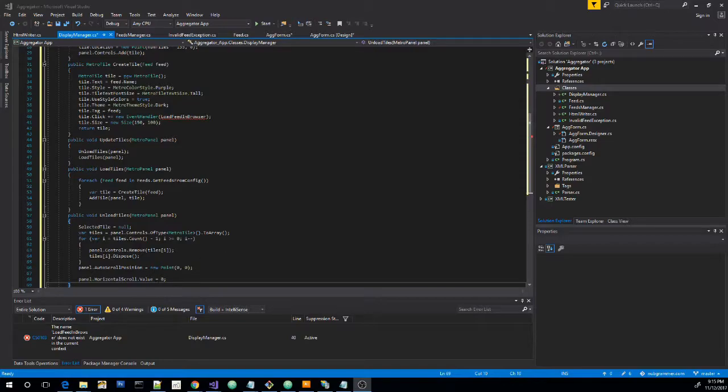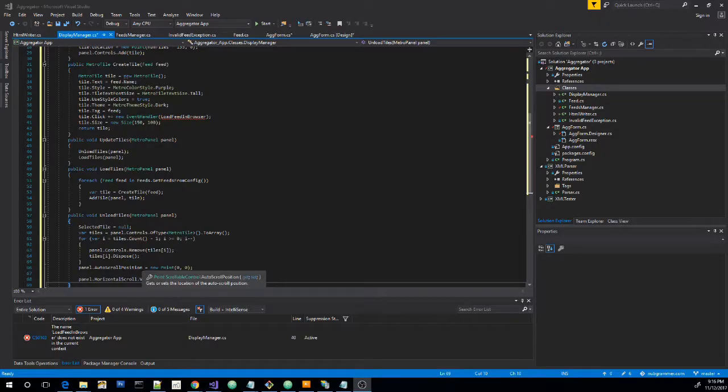And then we are going to again use LINQ to pull out all of the metro tiles in the panel, the metro tile controls. Then we're going to loop through each of them and remove them, and then we're going to make sure we dispose of the tile. The reason you have to do this is that if you do it improperly, you can run into some memory leaks, and this dispose function on the control itself makes sure that all references to these tiles get lost. And then we're going to set the auto scroll position